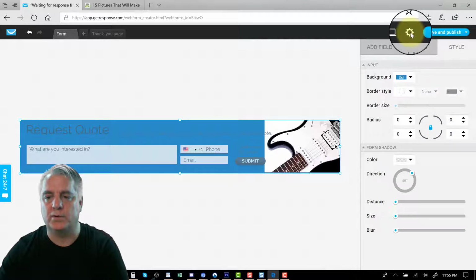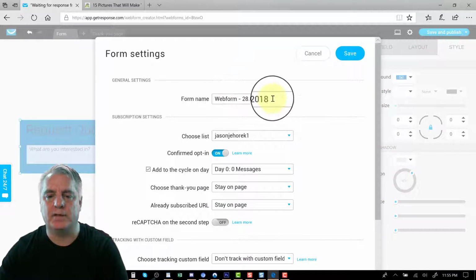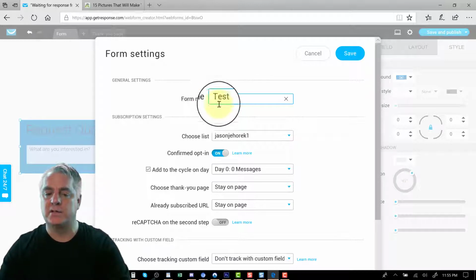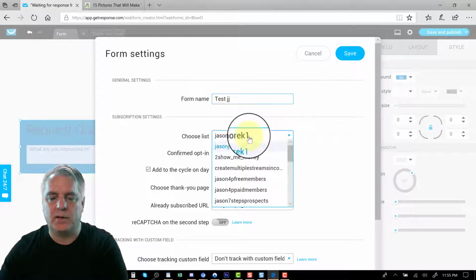Now, up here is important. This little cog window tells you what form it is. So let's just test. Like this is a test. That's the name of the form. Nobody's going to see that, and it just may be you. I'm going to make a test. Now you're going to want to pick your